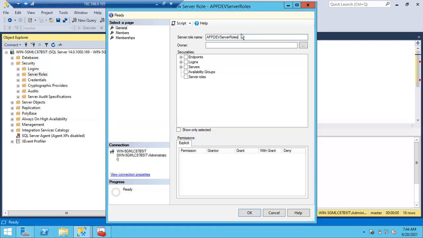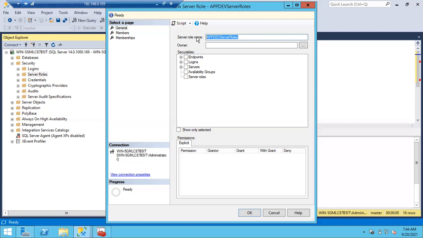But you have to know how to do it using the GUI also, so that's why we are discussing. Sometimes if they don't provide a script, you have to do it the GUI way. But they have to tell you what permissions they need. If they don't give a script, that's fine.